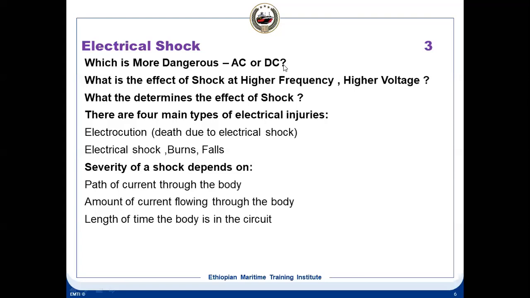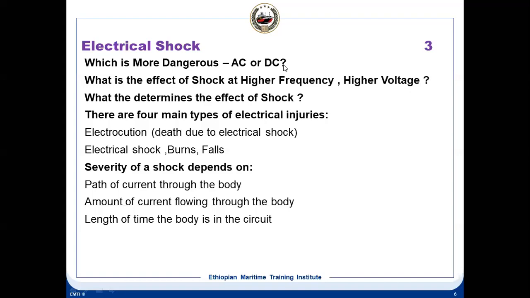So when the frequency was 50 hertz, what will happen? Because in case of 50 hertz, your inductance is lower, so the current is more. When the frequency has increased to 60 hertz, inductance has increased, the impedance has increased, so the current has reduced. That means at 50 hertz, the current is 89 amps, let's say, and at 60 hertz, the current will be 75 amps. So the higher the frequency, the more the current is reduced.